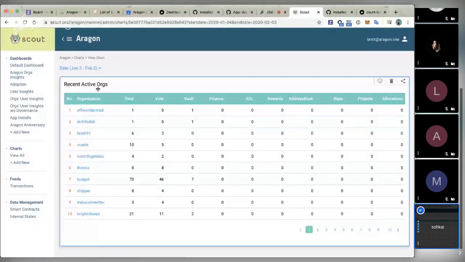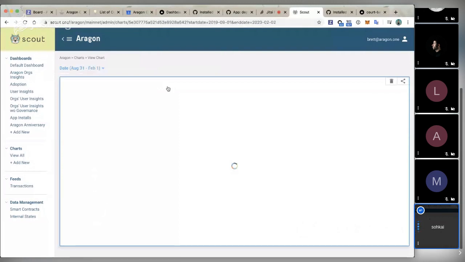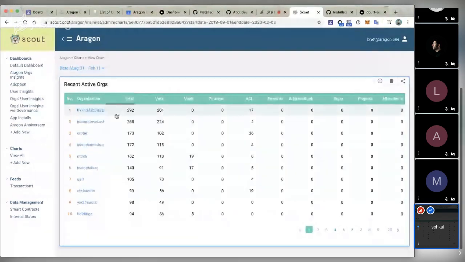So if we go to September of this year until February, about a 5 to 6 month period, we can start sorting these tables based on the activity they've had in their applications. We can see that this organization has 292 tracked activities across all the different apps they might have installed.